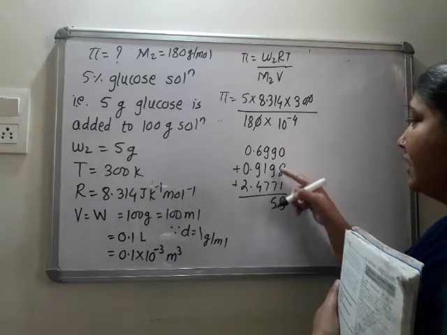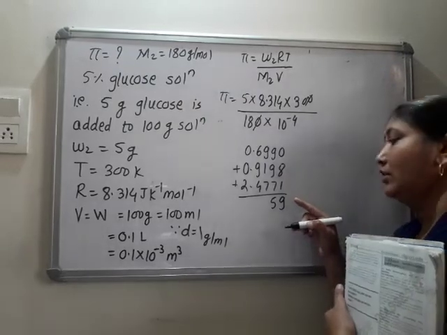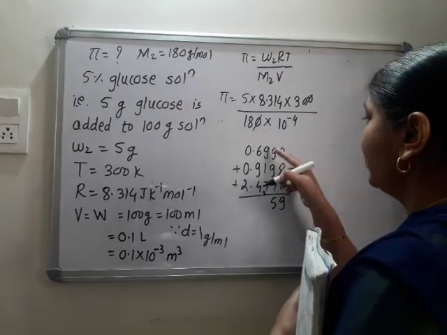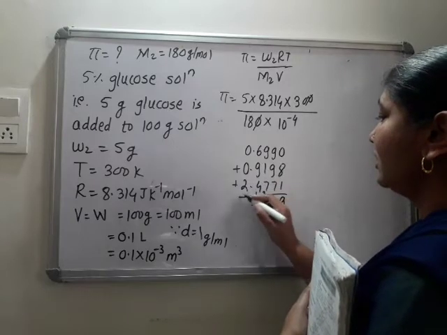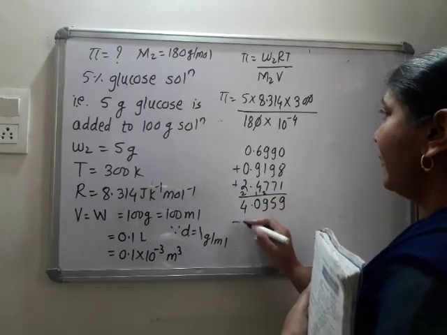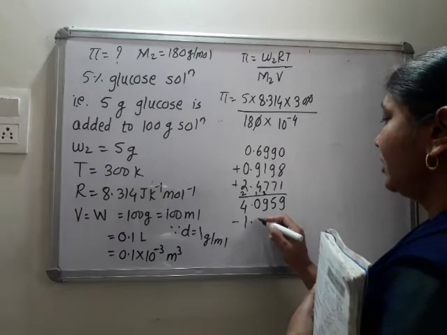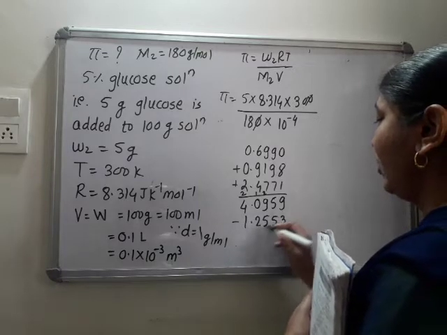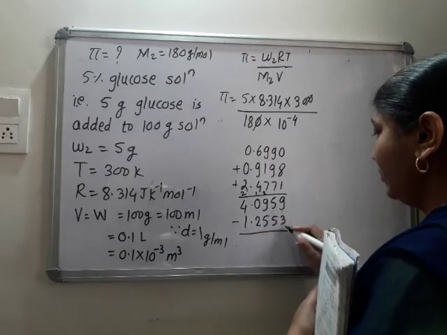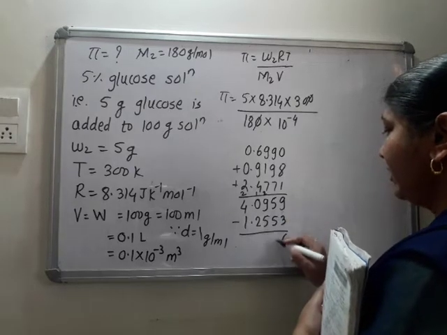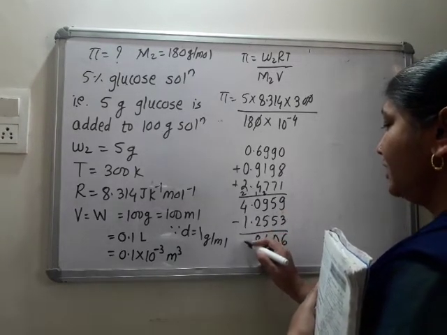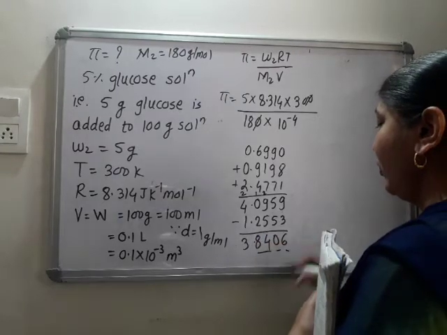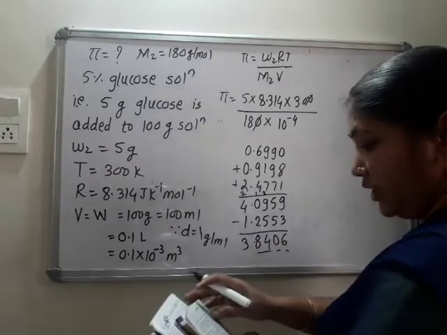25, na? This is 9 3s and minus 2, yes. So here 2, 10, 10 and 9, 19, 10 and 10, 20. This is 4 minus 1.2553 log of 18. So 9 minus 3, 6, 5 minus 5, 0. This is 4, this is 8, this is 3, 8406. So we have to say its anti-log.